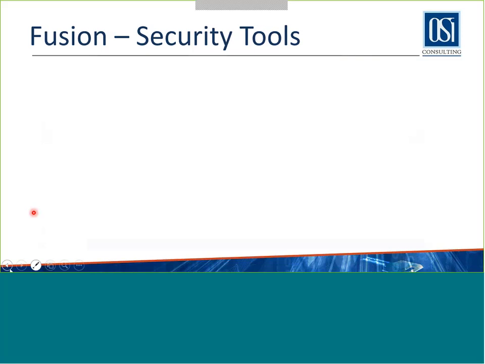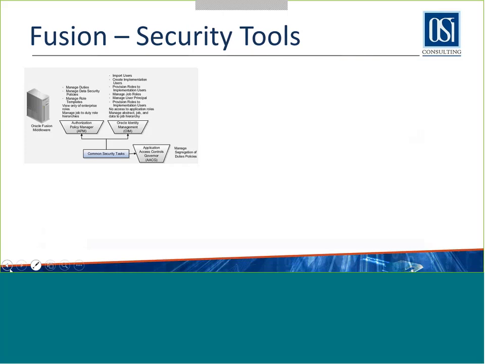So security tasks in Fusion are supported by tools within both Oracle Fusion applications that provide product-based security tasks and Oracle Fusion's middleware that provides the common security tasks. So let's talk of the common security tasks first. This figure lists the tasks associated with each of these integrated products and pillars of an Oracle Fusion application deployment. So the two key components for common security tasks are Oracle Identity Management